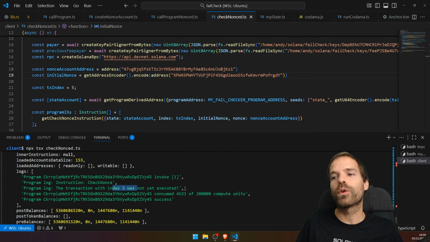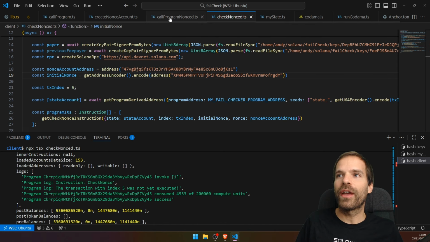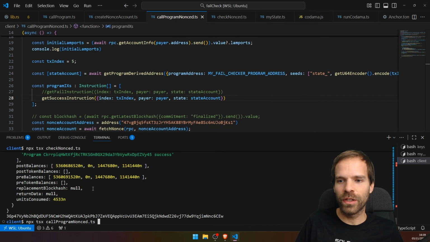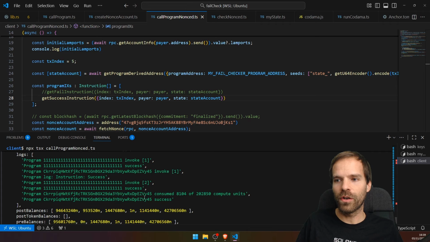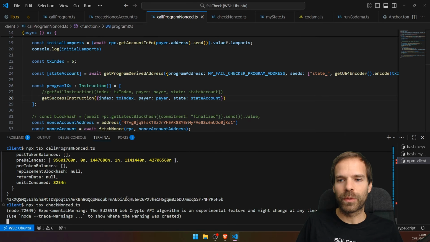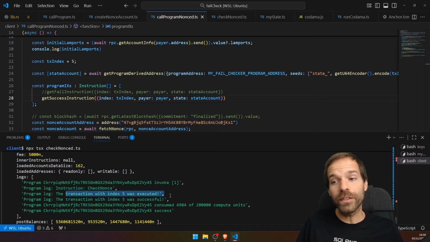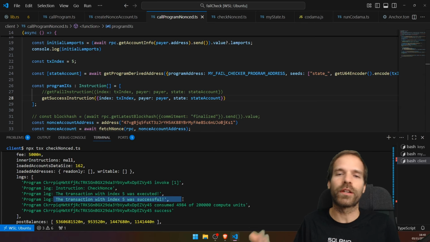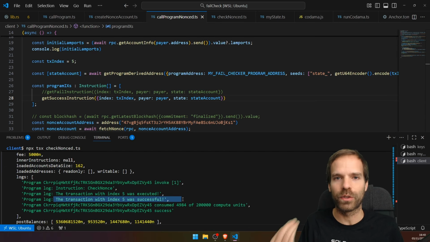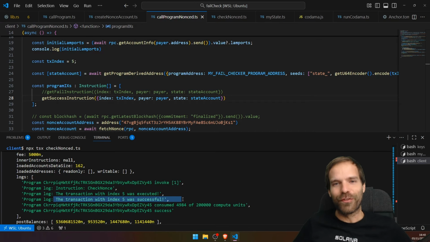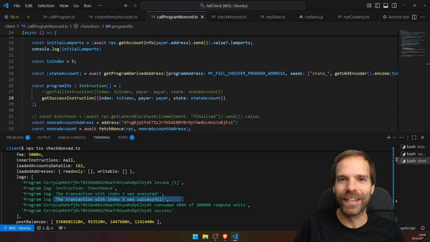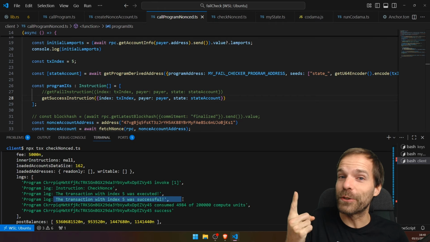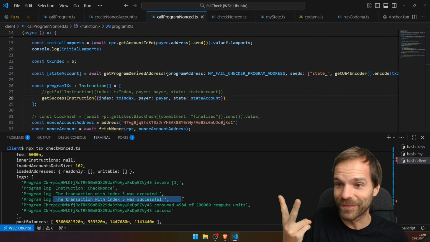Transaction with index 5 was not yet executed, but then if we execute it with success, there you go, it was executed successfully, and then I check again, then it will tell me, oh, it was executed because the nonce has a different block hash than I expected, and I can also check, oh, and this one it was successful because it did write to the state. And that, my friends, is how you can check if a transaction was executed and was successful or failed with